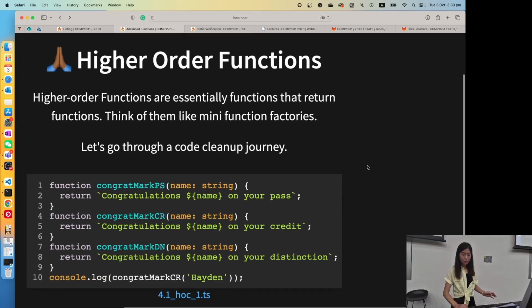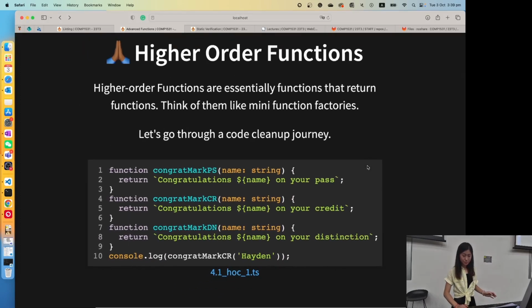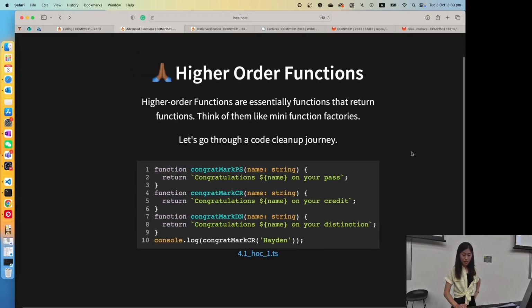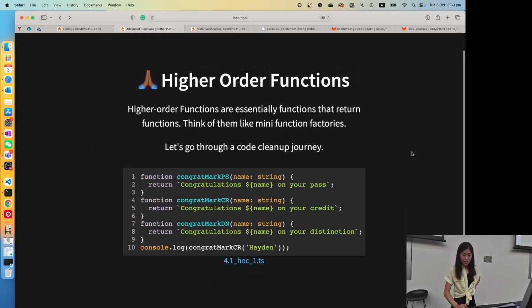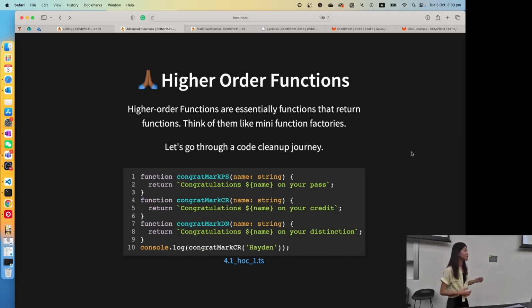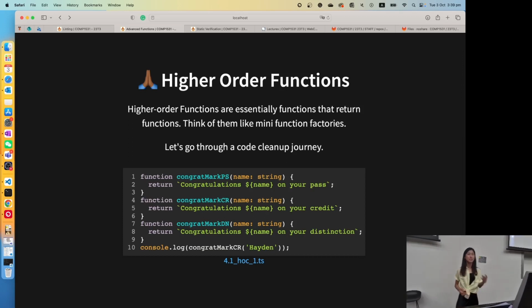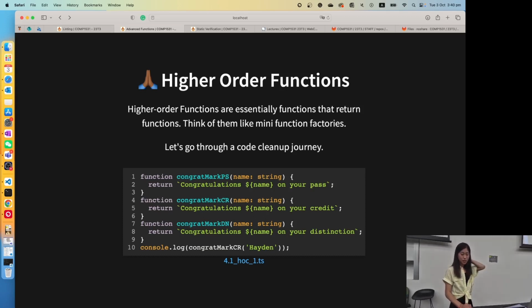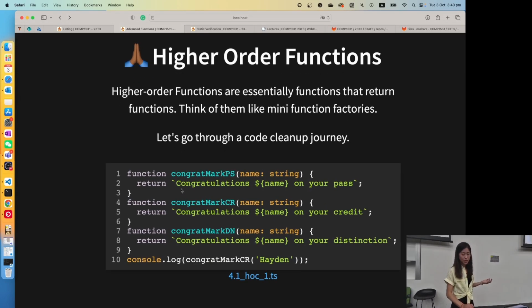Higher order functions. Higher order functions are essentially functions that return functions. We have seen examples like passing functions into functions. Here we are going to see some examples that return functions. So here in this example,